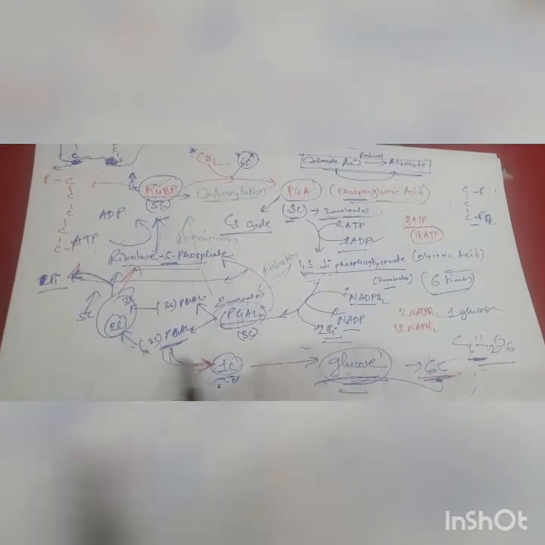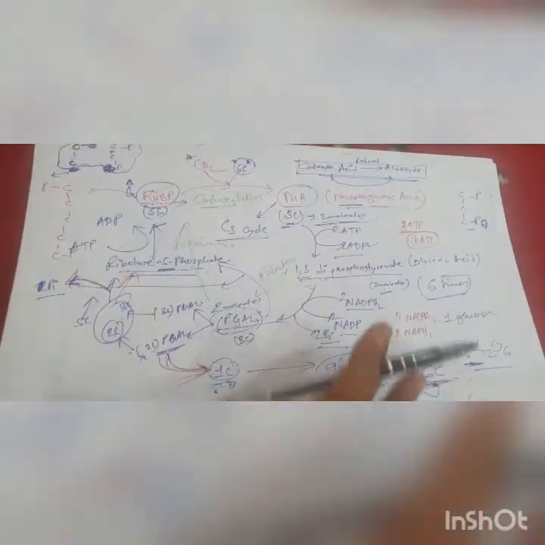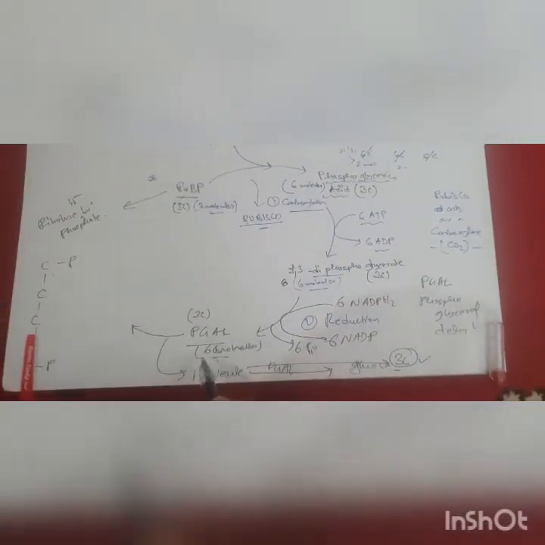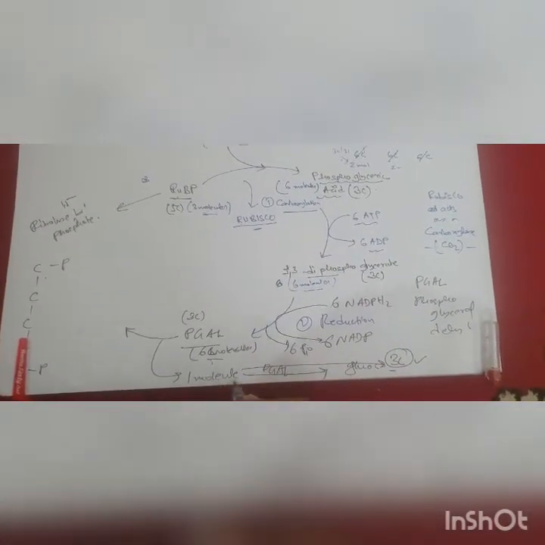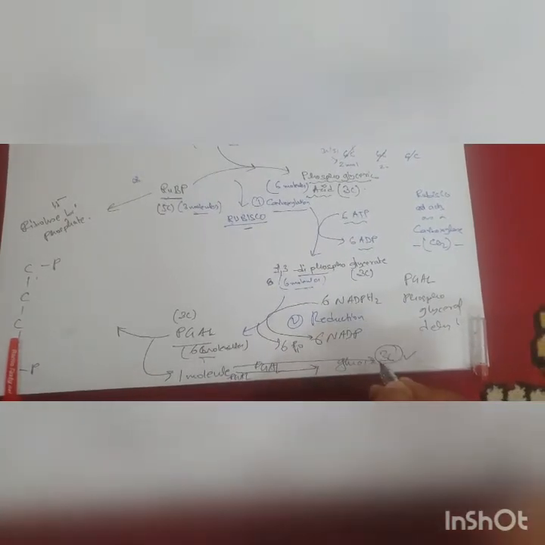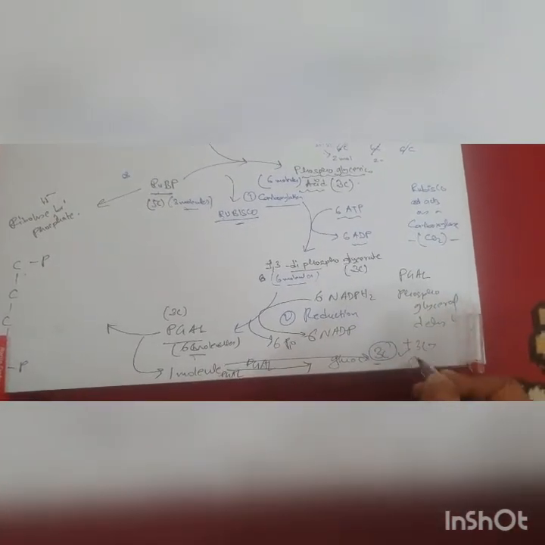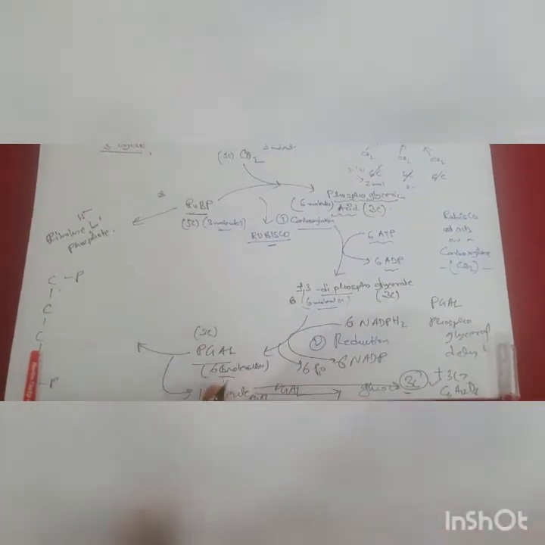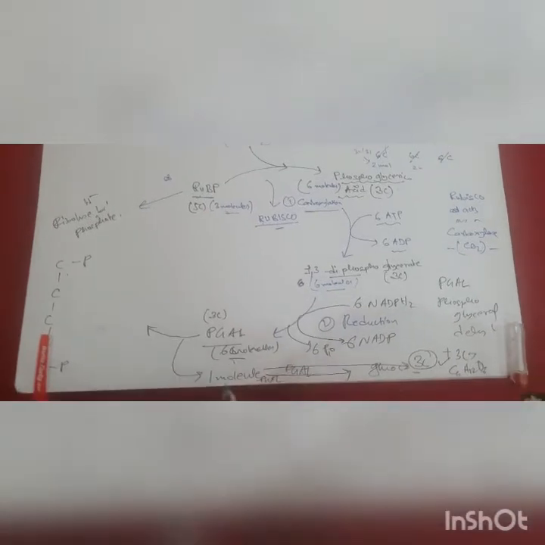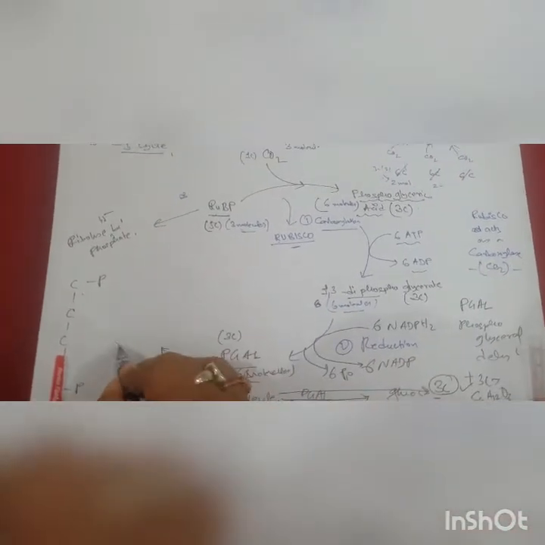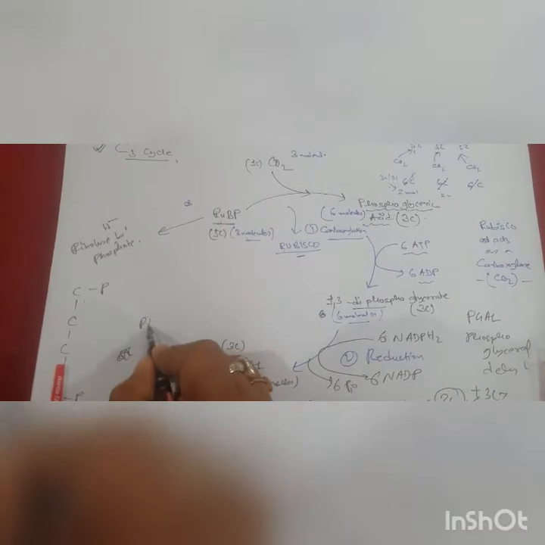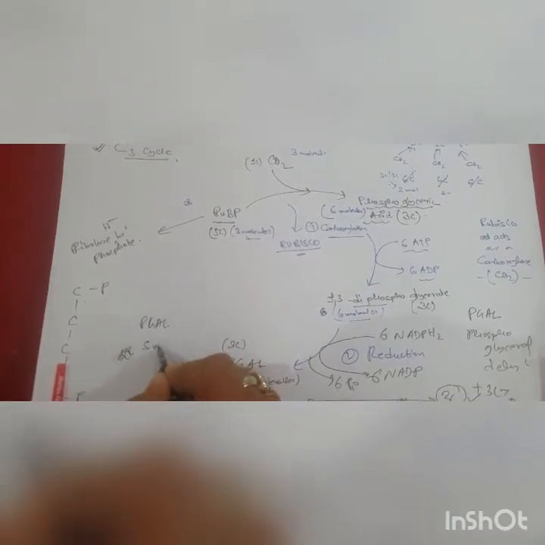Here I have taken a shortcut just to make you understand what in raw it is, but you have to stoichiometrically understand in terms of molecules. So 1 molecule of PGAL will go and give 3 carbon, but we need another 3 carbon to make glucose, C6H12O6. So this cycle should run twice according to this stoichiometry, but according to this stoichiometry it should run 6 times. Okay, now what will happen? So 1 molecule will go, so 6 molecules were there. Now there will be 5 molecules of PGAL.